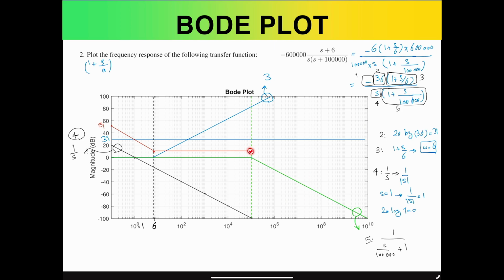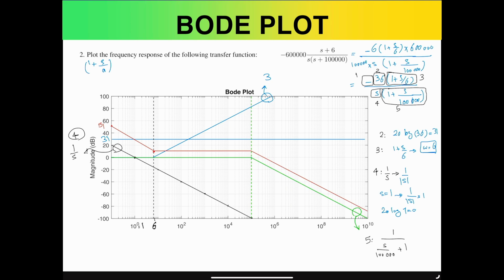Now, again, we know that the magnitude of this point is locked in, and that's accurate. But then, what would be the angle and slope of the next curve? So we need to know what is the change that we just started to see, and that is the only presence of this pole that introduces another negative 20 dB per decade to the slope. So the slope currently was 0 dB. And with this additional minus 20 dB per decade, we're expecting to have a minus 20 dB per decade slope. So it will be roughly around